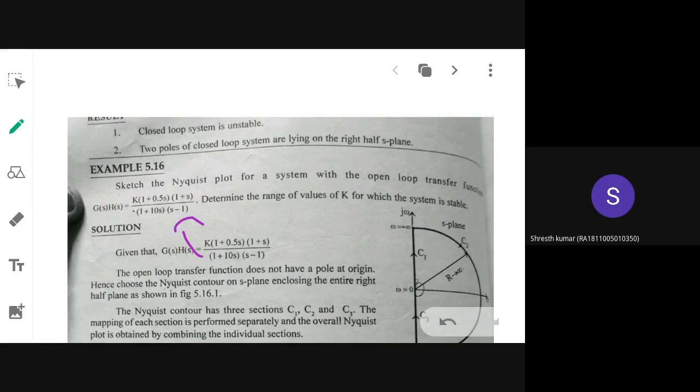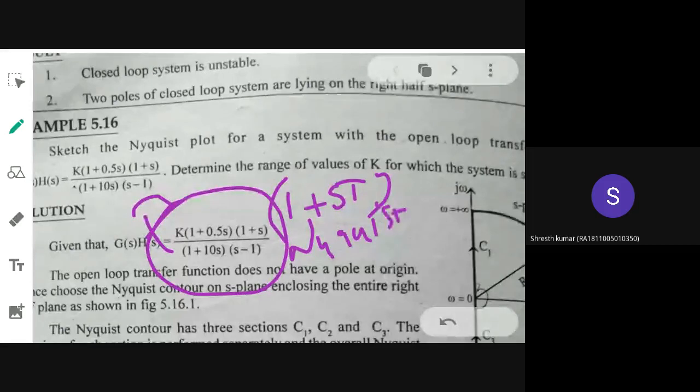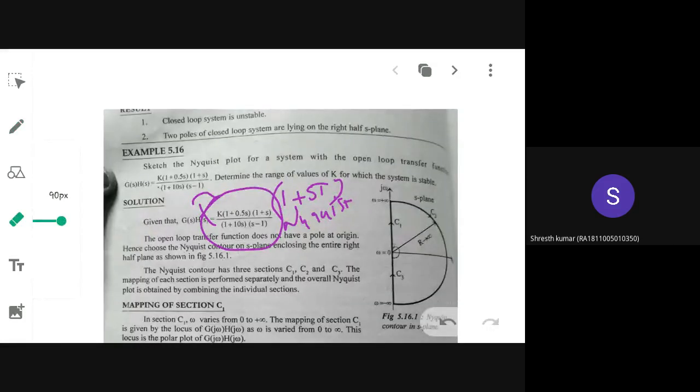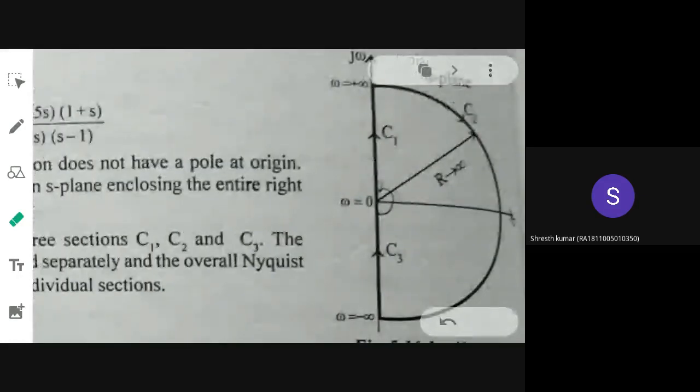First, you have to check whether the system is in time constant form or pole zero form. It is of 1 plus st format, so you can skip the checking. Next you need to draw the Nyquist contour. For that you have to check whether there are any poles located at the origin. As you can see from this equation, there are no poles at the origin and no roots on the imaginary axis. So you can draw a full Nyquist contour covering the entire right half of the S-plane, that is being drawn here. So this is your Nyquist contour.